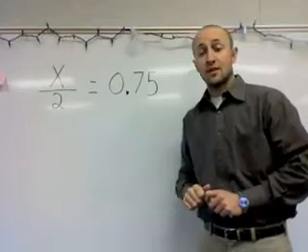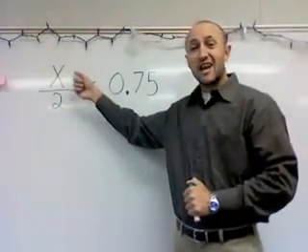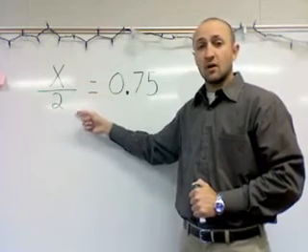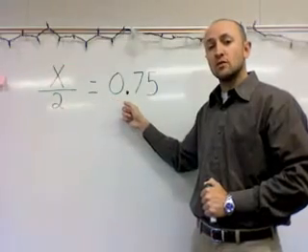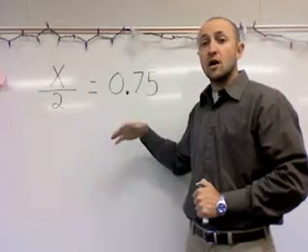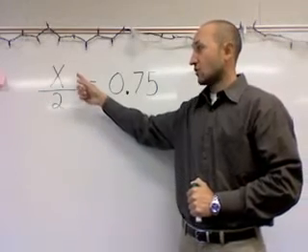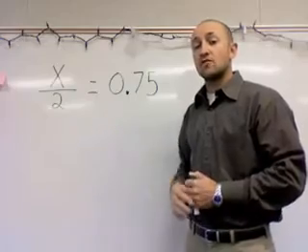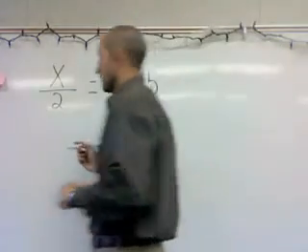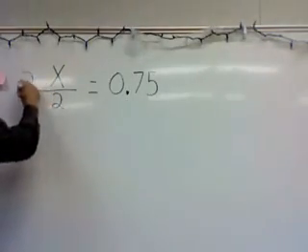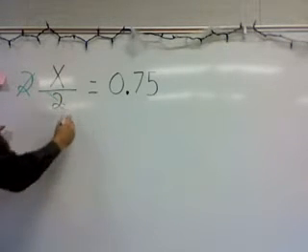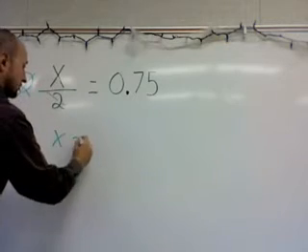The last equation we'll be looking at today involves division. So if I have an x divided by 2, because that's what this fraction bar means, it means x divided by 2. And we're being told it's equal to 0.75 or 75 hundredths. So remember, to solve this equation, I always do the opposite operation. So if I have an x divided by 2, that means I'm going to have to now multiply both sides by 2. So if I come over here and multiply this by 2, we already know by now that the 2's are going to cancel each other out, which will just leave us with x. And that's going to be equal to